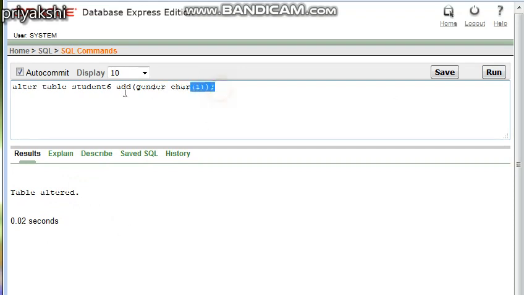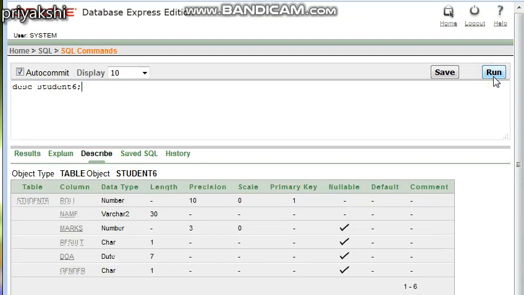Now we can see how the table has been altered by desc student. There is a column called gender of type character of length 1. So this change has been reflected in the database.